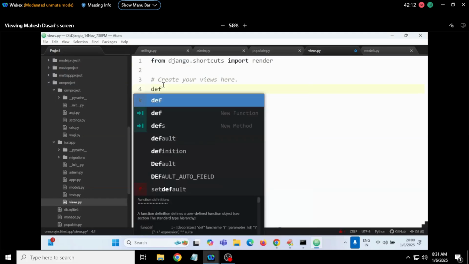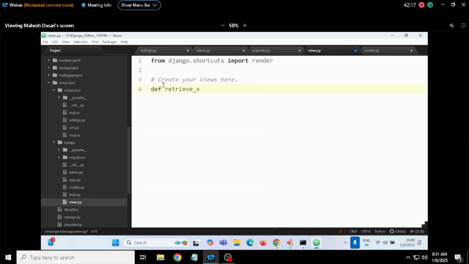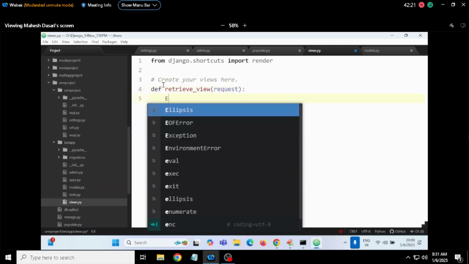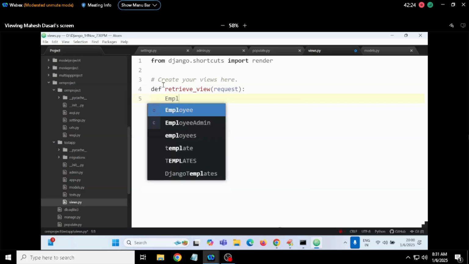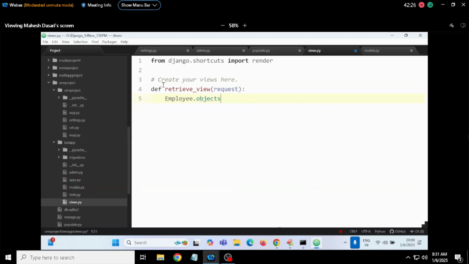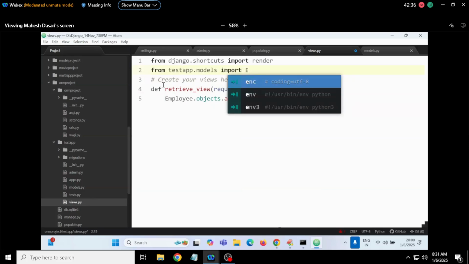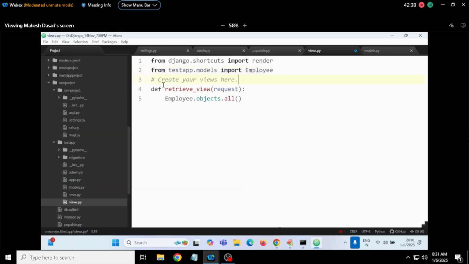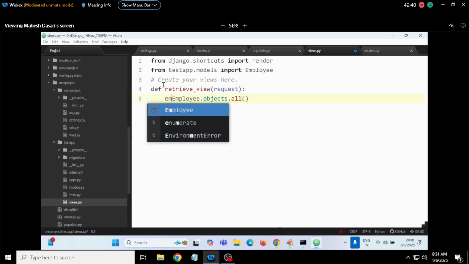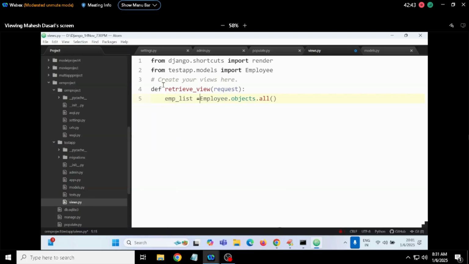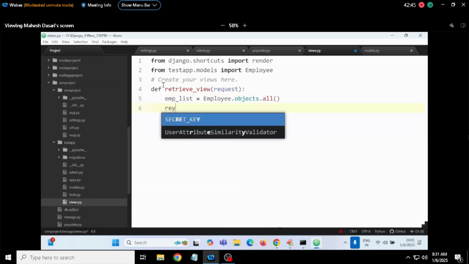Function based view, not class: def retrieve_view, the first argument is request. How to read that? Model name Employee.objects.all is the function. Now from testapp.models import Employee. Return